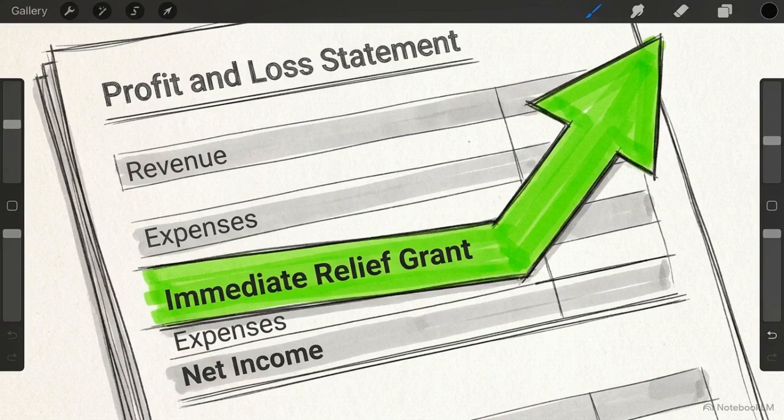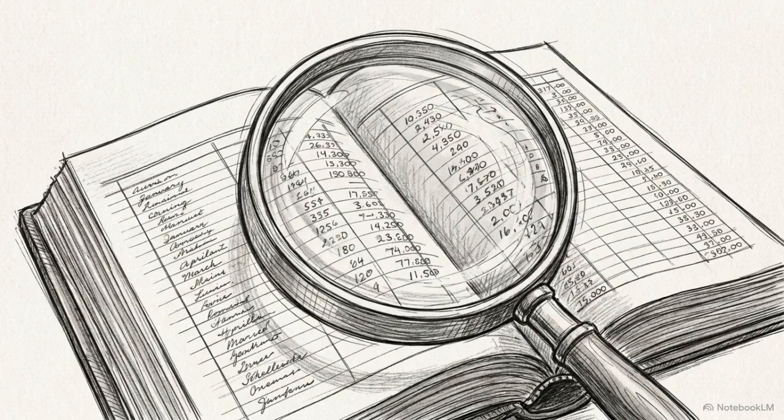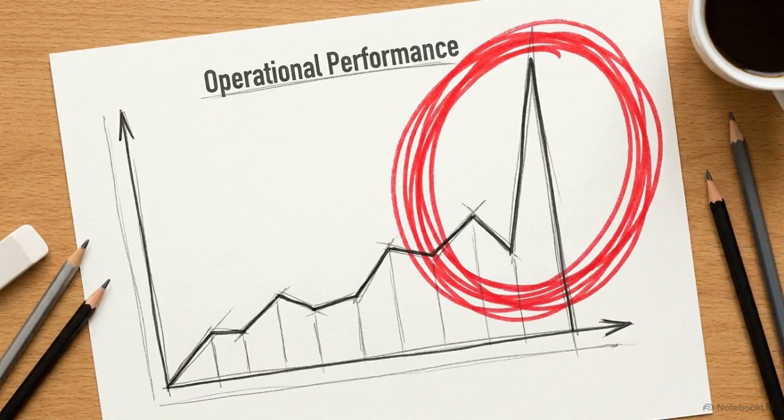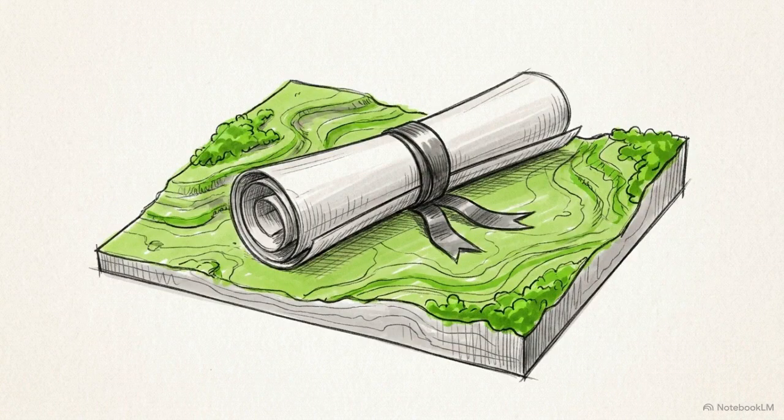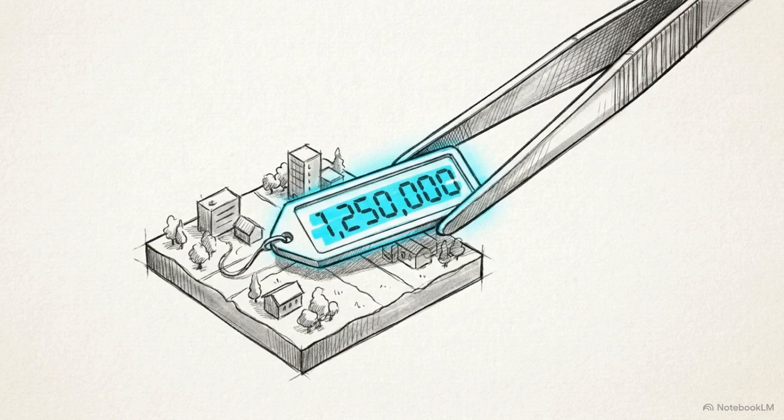In those specific cases, it is recognized in profit or loss immediately. The matching principle is essential here. Recognizing grants strictly on a cash receipts basis violates the core assumption of accrual accounting, distorting the company's actual operational performance for that period. When a grant takes the form of a non-monetary asset, like a parcel of land, it is standard practice to assess the fair value of that asset and account for both the grant and the asset